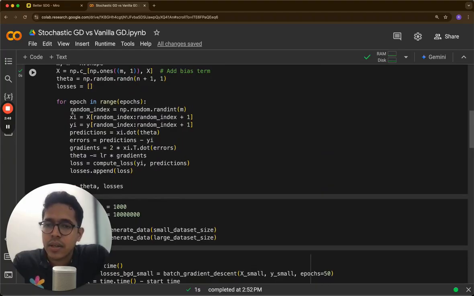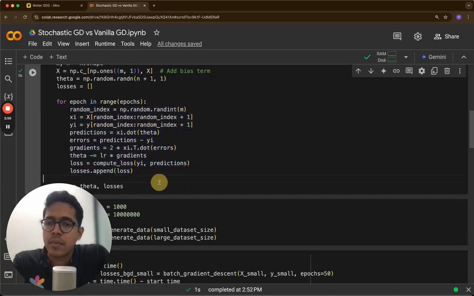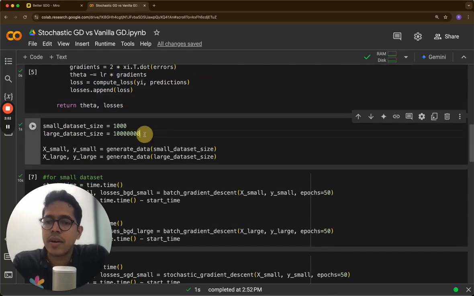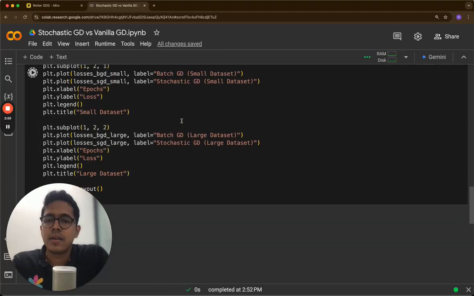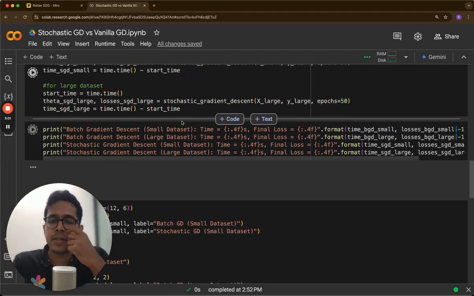Theta equal to, I think all of this is fine. We are computing the loss. Okay, what if my data set was even bigger? Let me run all. If it was even bigger, perhaps my thinking is that the bigger the size of the data set, the better stochastic gradient descent should be. Okay, probably not from a loss point of view, because for sure stochastic gradient descent's loss is not as good as